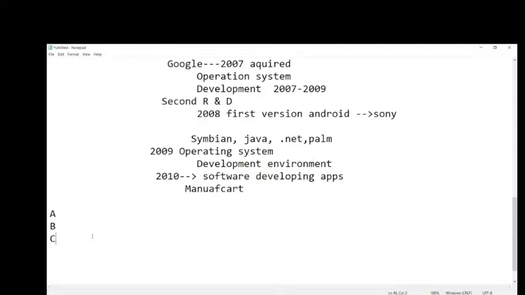Does anyone know the name that started with C for Android? That is Cupcake. So the first one is Cupcake. Next D, Donut. E, what is that E? Eclair.